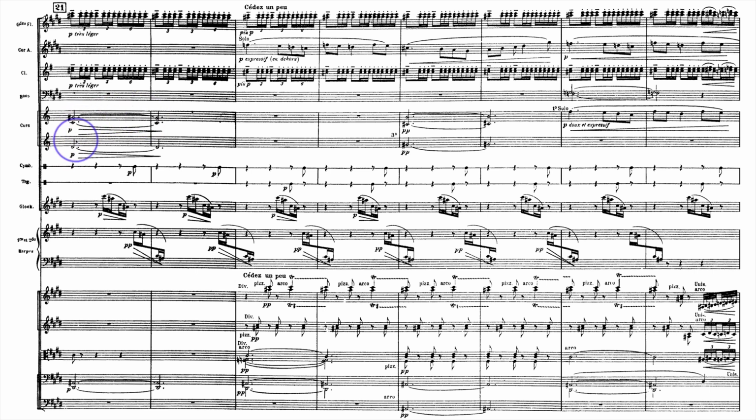So really the horns are having their harmony taken over by the violas right in here. And then the violas sort of progress to a more rhythmic function, which I'll discuss in a minute, when we go here and have the horns take over once again. So we have this kind of back and forth between violas and horns going on in here with our pad